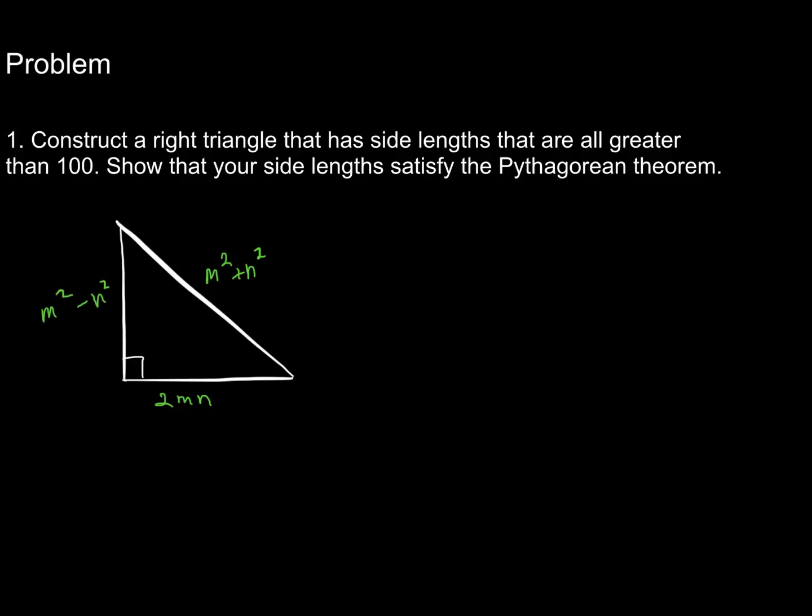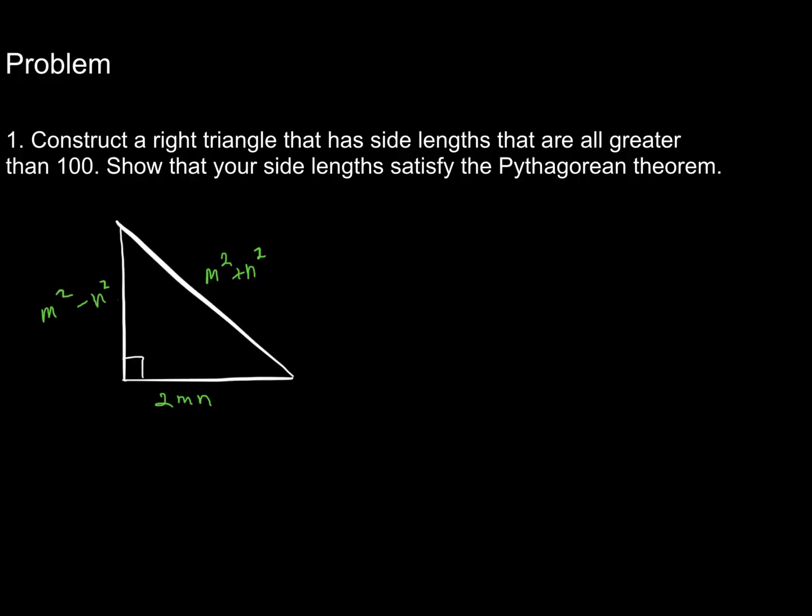Then thinking about m squared minus n squared, I know here that if this is going to end up being greater than 100, then certainly m squared has to be greater than 100, and n squared can't be very big, because if it's remotely close to being as big as m squared, then the difference of them is going to be less than 100. So what I'm getting out of this is that I'd like m to be quite a bit larger than n,